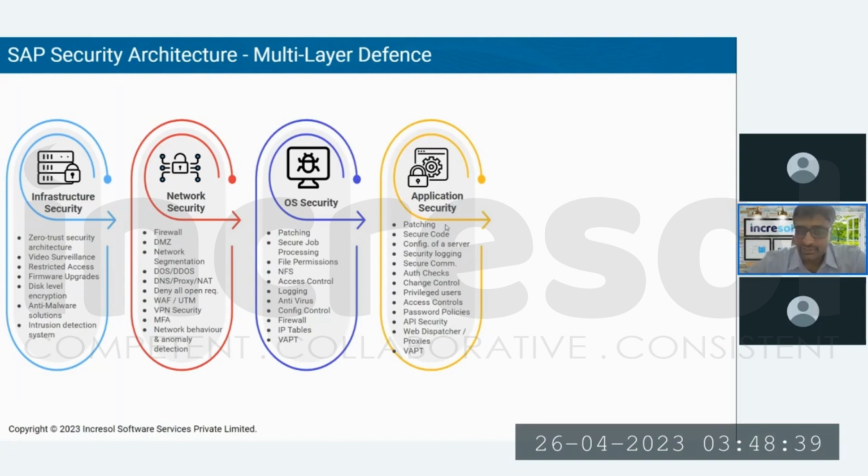Okay, either patches or apply the notes. And secure code, this is the most important thing. We can protect from operating system, we can protect from application using the patching and all, but the next layer is your programming. So the coding also plays a critical or equal role, because in SAP systems we